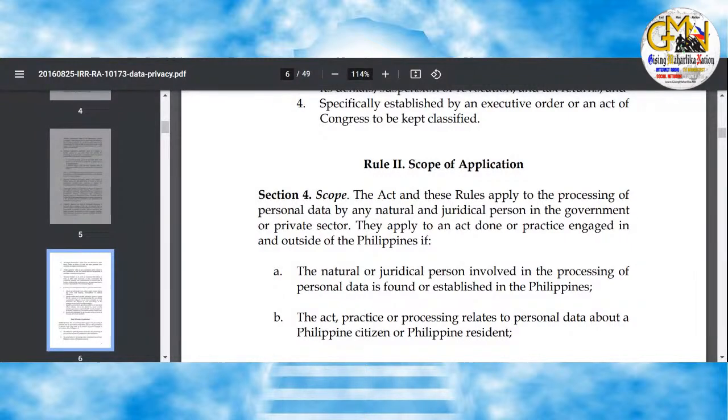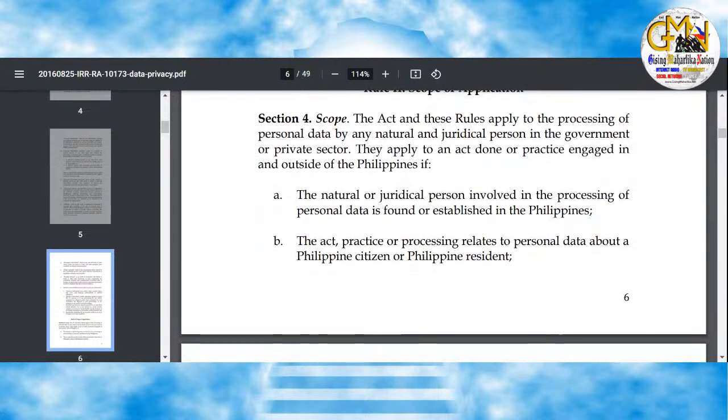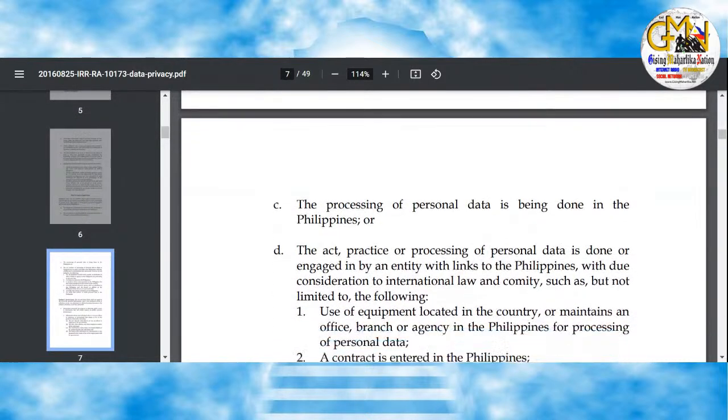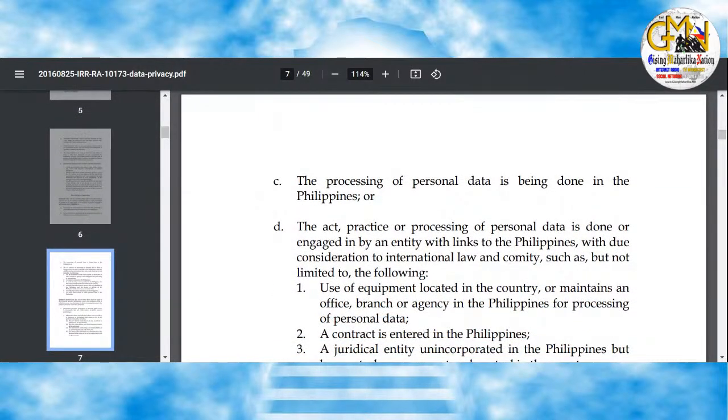They apply to an act done or practice engaged in and outside of the Philippines if A, the natural or juridical person involved in the processing of personal data is found or established in the Philippines. Letter B, the act, practice, or processing relates to personal data about a Philippine citizen or Philippine resident. Letter C, the processing of personal data is being done in the Philippines, or letter D,